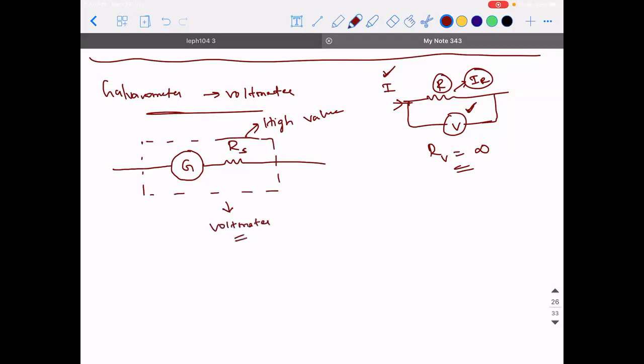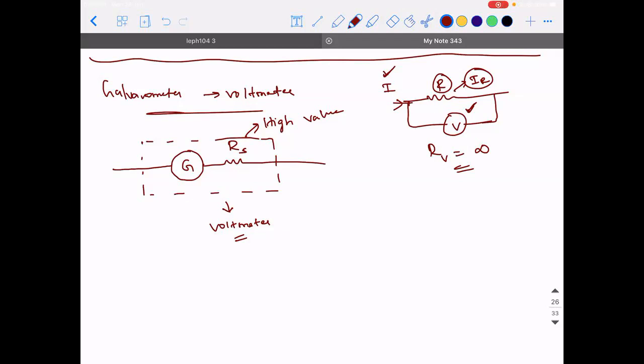Sir, one doubt. Tell me. In which side will the current flow? Will it flow through the resistance first or the galvanometer? Either way, it is going to be the same thing, because they both are in series. Okay, sir.